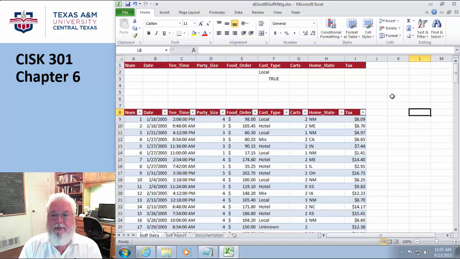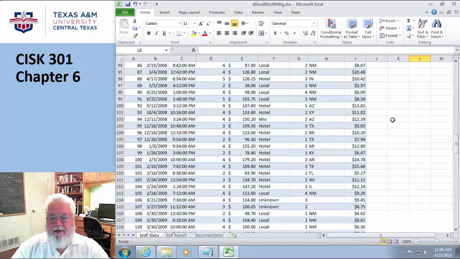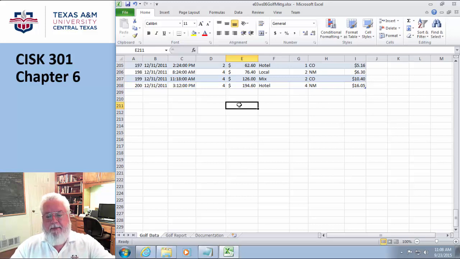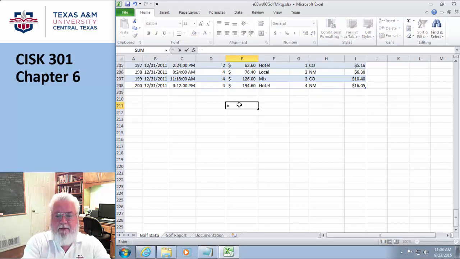All right, on page 322, they bring back the topic of subtotals. Now, we did this in Chapter 2. We talked about row visibility. Remember all that stuff? Basically, all I have to do is go down to here, find a spot, and type the word subtotal. Remember how you do this? So I do,